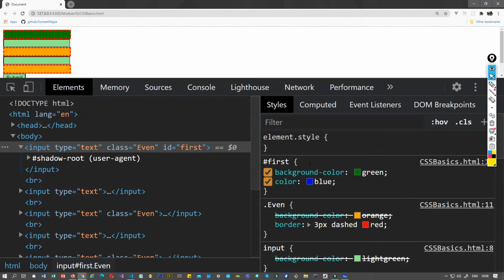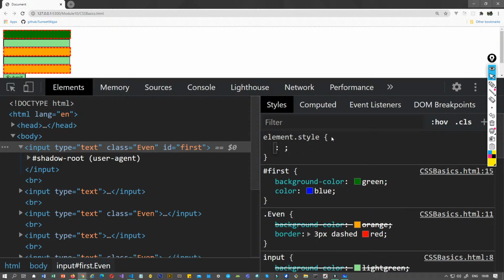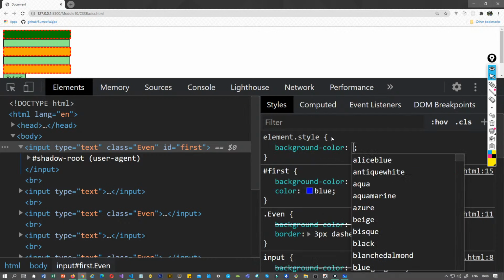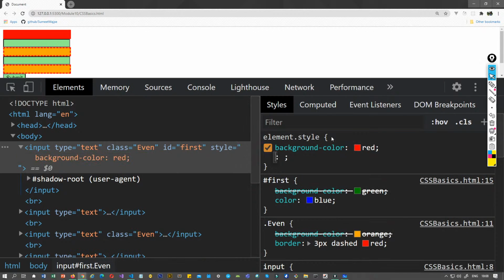Right? And now if I talk about this element.style, which is basically inline styling, now here's the beauty. You don't have to go to the code to actually change something. You can do it here itself. So in element.style, which is inline styling, the style attribute that we earlier saw, if I go back and change the background color to, I'll just give it as red, right, so that we see that value as an effect. So your inline styling is having the highest specificity,